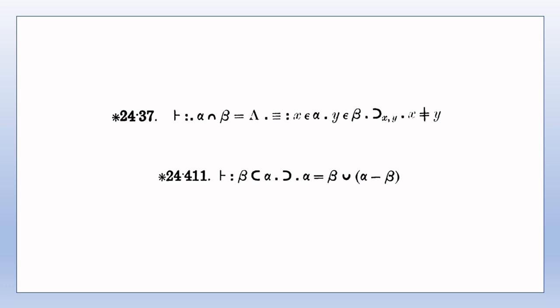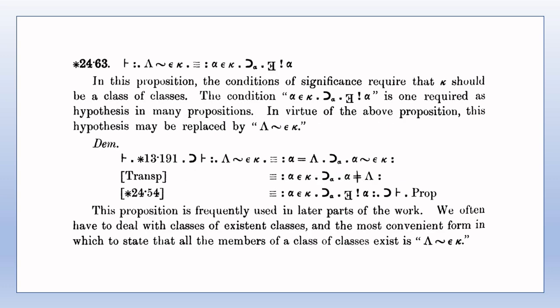And this probably usually comes down to the fact that the propositions which are proved are used in demonstrations later in Principia Mathematica. If a proposition which can be proved hasn't been proved, this probably means that it's not used at any point. And it can be fun sometimes to try to come up with propositions which aren't in Principia Mathematica and try to prove them in the style of Principia Mathematica, or maybe it's just me that finds that fun. Well, anyway, we have 24.63 which says that the null class not a member of a class of classes kappa